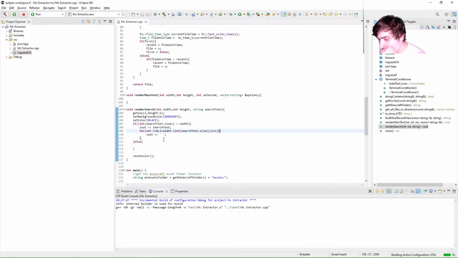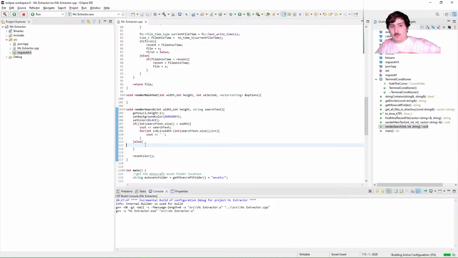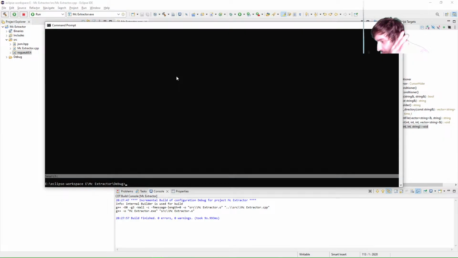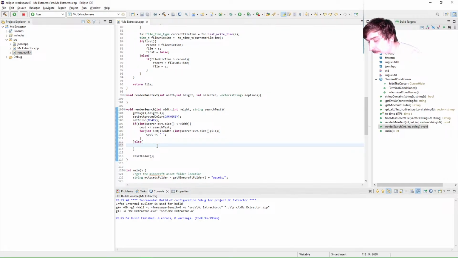This should work. And then the other case here is when we've typed more than our screen can hold, in which case we need to scroll, which is just a substring. Should theoretically be, but I don't know why you'd type something that long. That's not going to find anything. But in case you do, I'm going to cut. Perfect. All right, and then the other case is literally just going to be a substring for